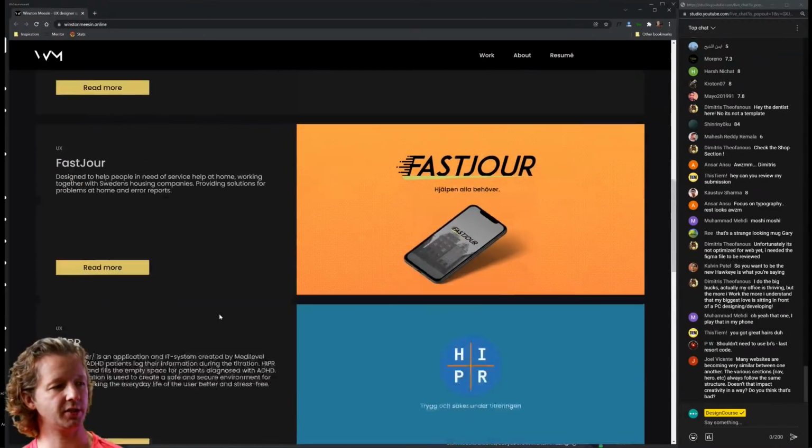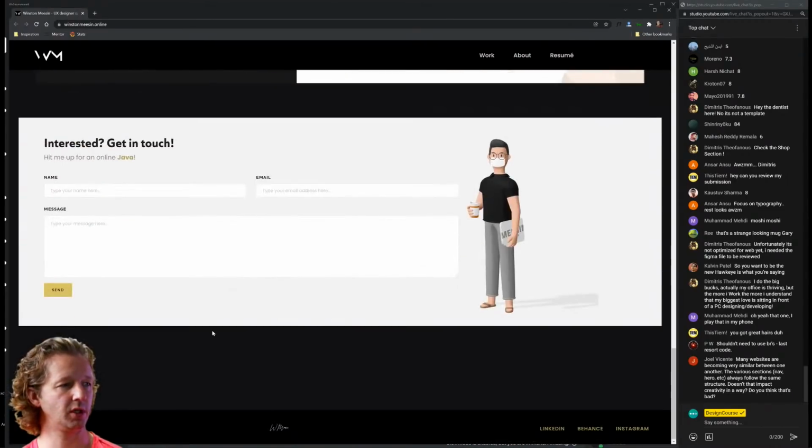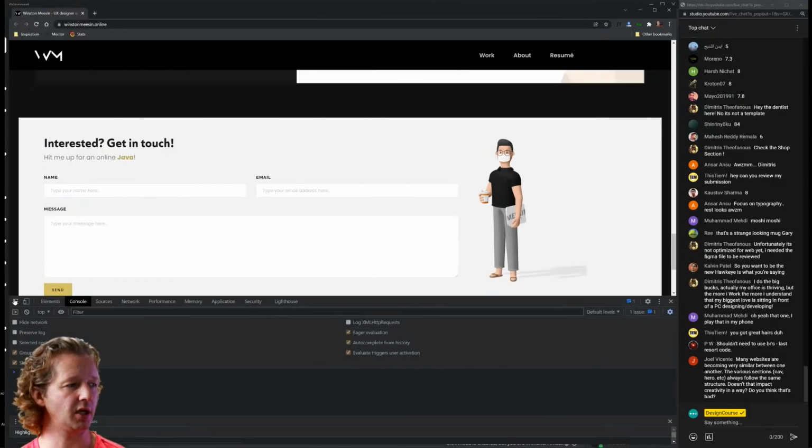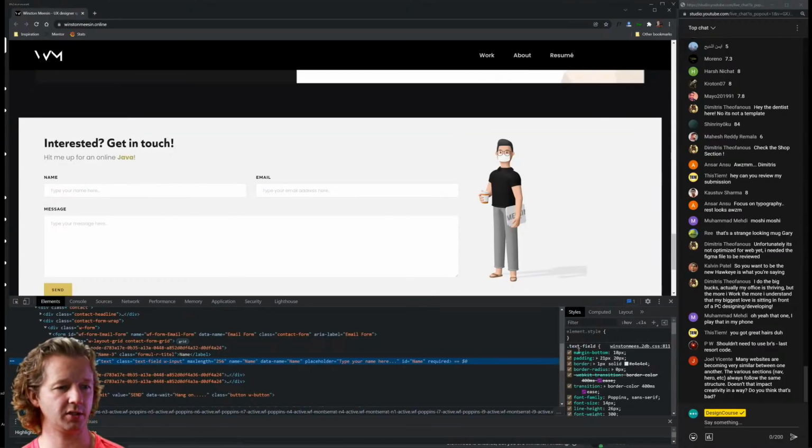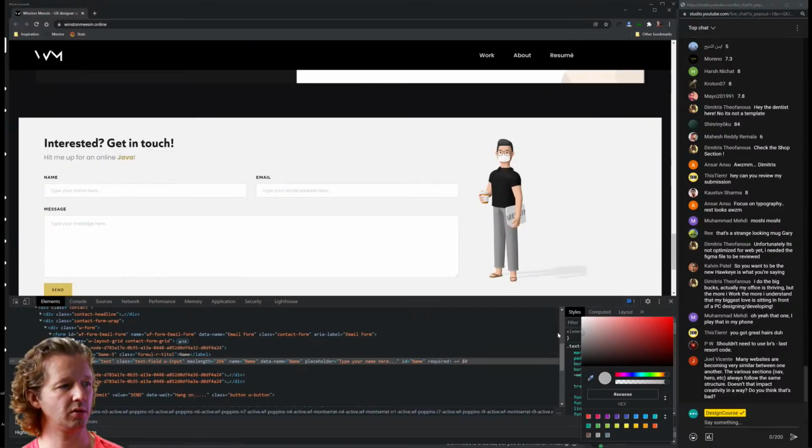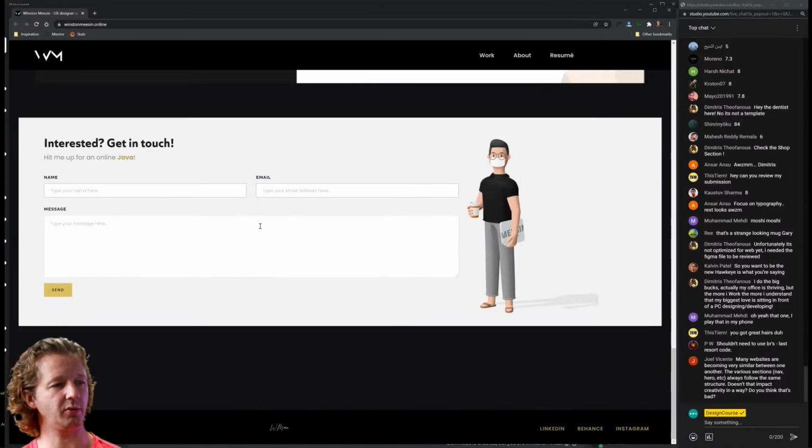Good amount of projects, so that's good. And your form issue right there would be the contrast. It's a very light gray right here, and with the white text and a very subtle stroke on it, it doesn't contrast enough. So what I would do in this case is click on this, and your text field, I see we have a border. Let's make that a little bit darker, like that. You want it that much darker so that we can clearly see it.